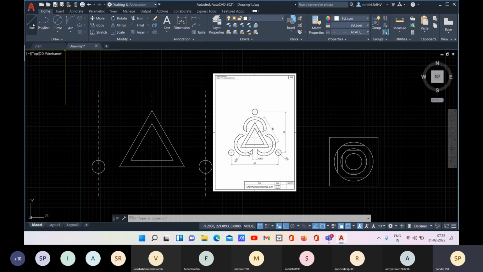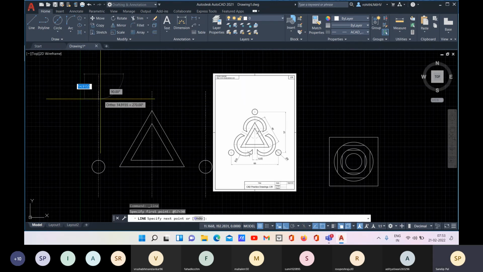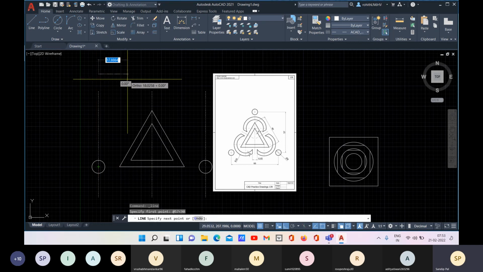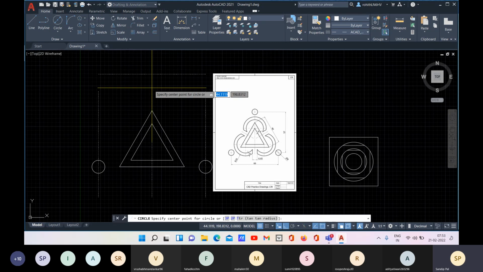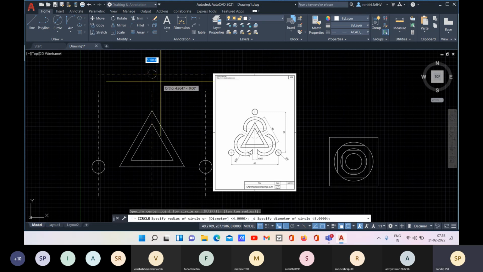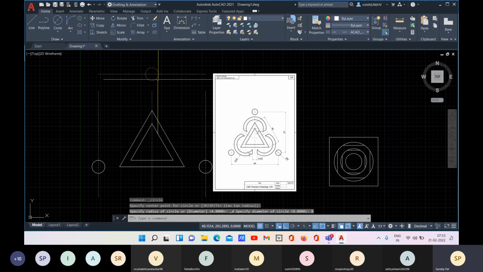So now if you go for line and you place at the rate 57 and go for 90 degree, it will be created here. So as you can see, from this point to this 90 degree direction, this is 57. So this is how we calculate. Okay, so for this, no need to go with that object snap tracking. And now place it. And let's go for that same center. And 8, enter.